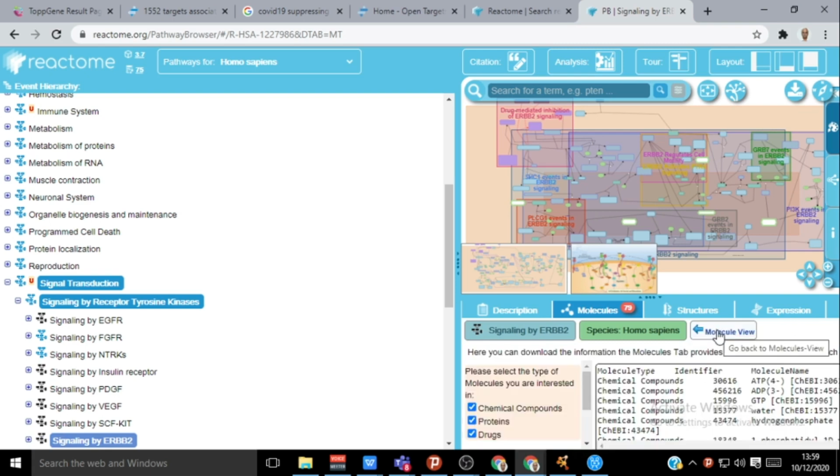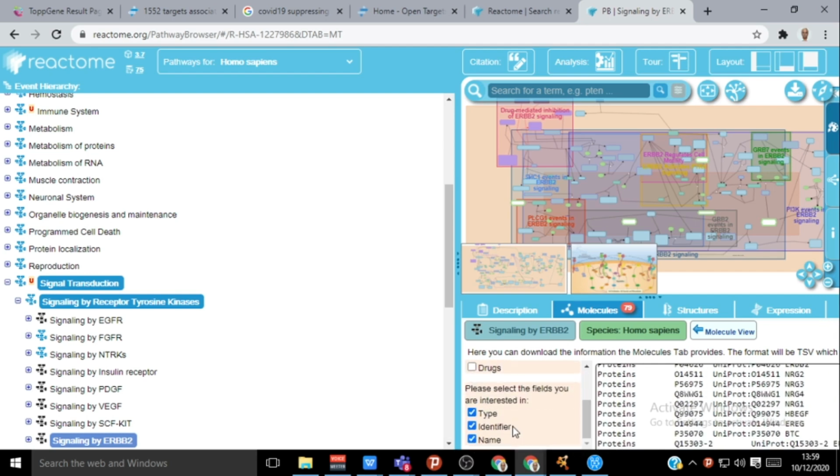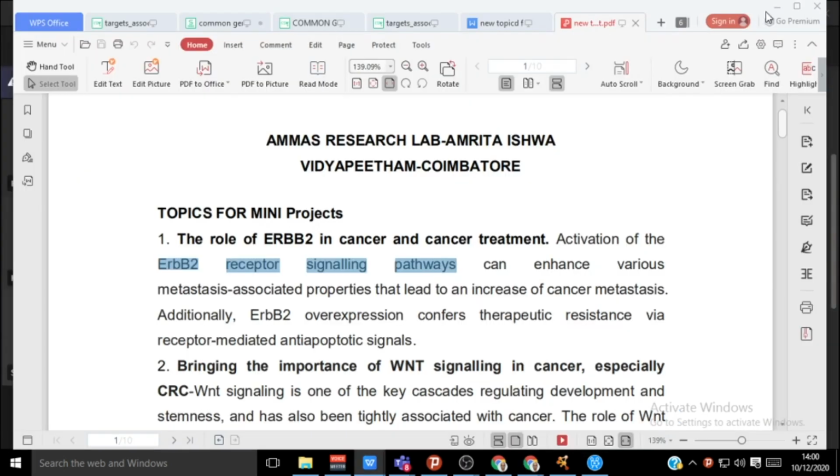You may download it, and in the download you don't require the names of chemical compounds. You need only the protein information. This is the protein information which you are having. Here also you may change, you need only the identifier, other things you don't require. Now these are the protein identifiers included here with this query. So you may select them. Then if you want you can save it, Control C. Now what we do is, we will open